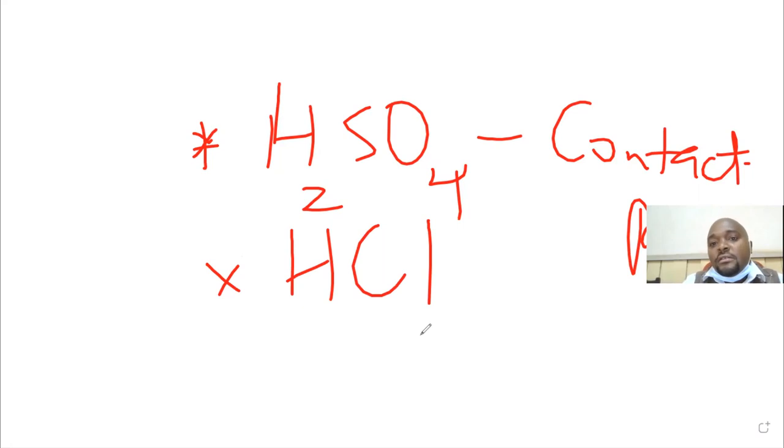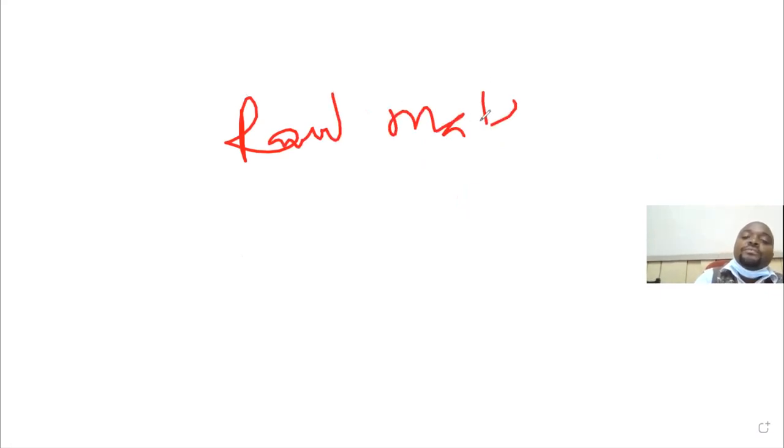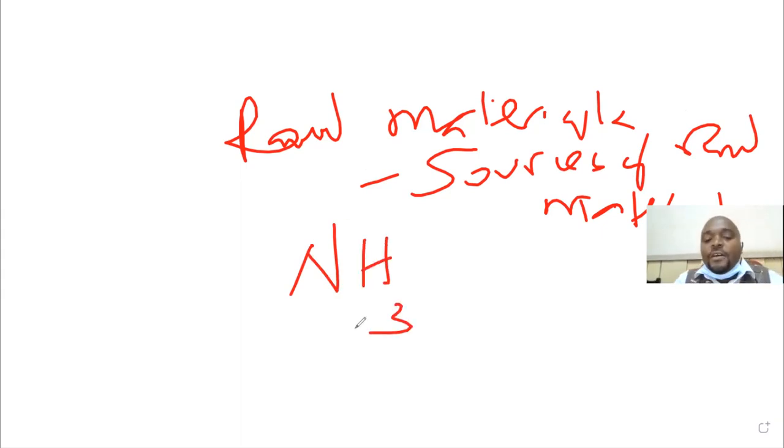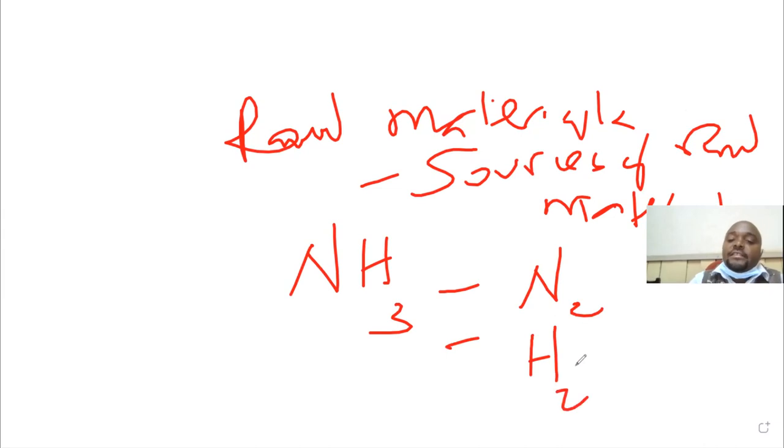What you should emphasize on this: 1, check on the raw materials. Secondly, the sources of these raw materials. For example, in the manufacture of ammonia, the raw materials here, we have nitrogen, which is a gas, and we have hydrogen, which is a gas. The sources of these raw materials, for example, nitrogen gas, this is from the air, that is through fractional distillation of liquefied air. Then the source for hydrogen gas,